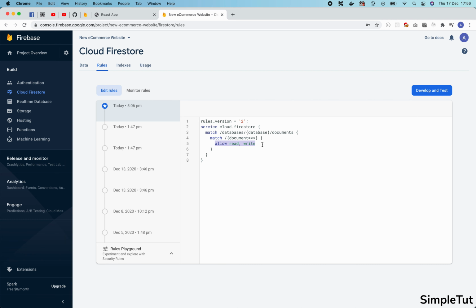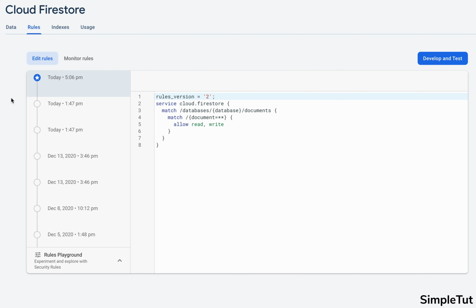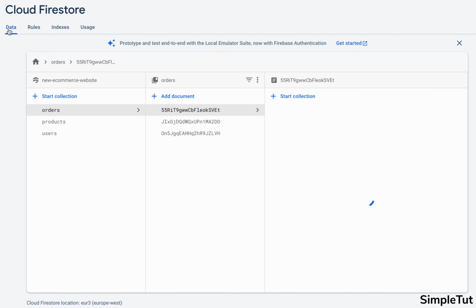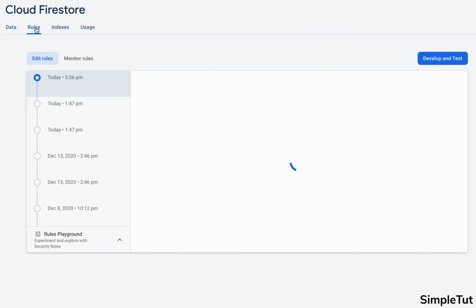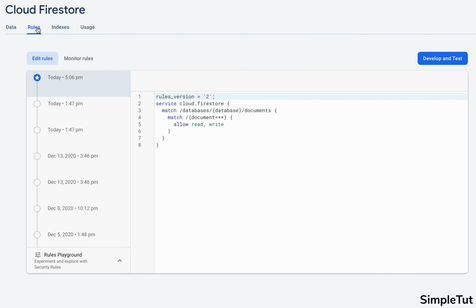their own data. Now, before we write out any of these security rules, I just want to remind you what our Firestore looks like. So again, we have 3 different collections. Each one of those has its own unique documents. Now, the first collection we're going to be writing our security rules for is our orders collection. So I'm going to come back over to our rules here, and I'm going to talk you through some of